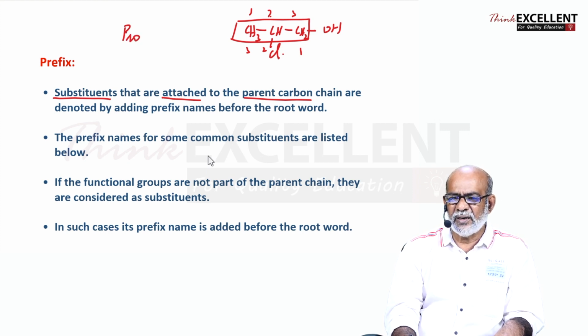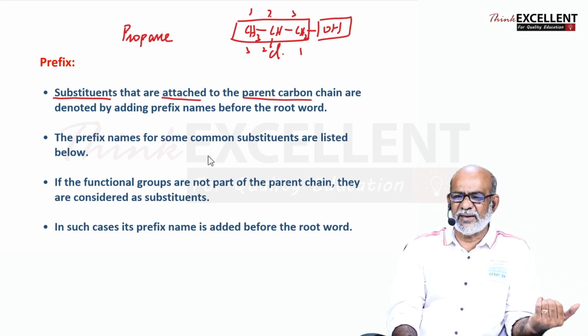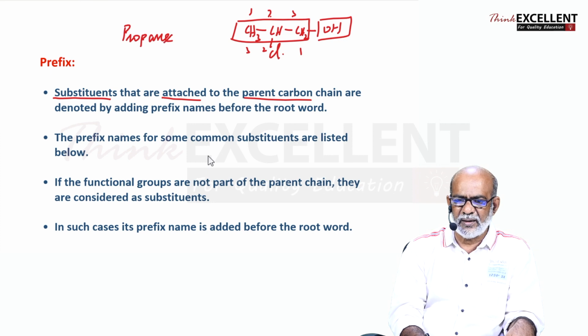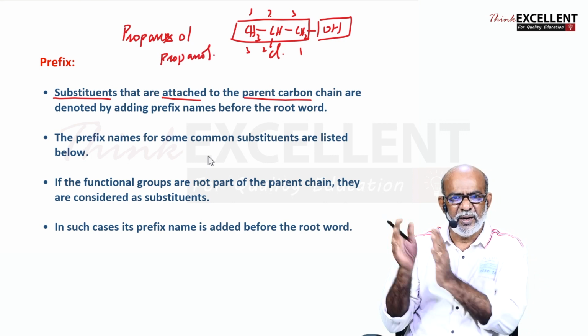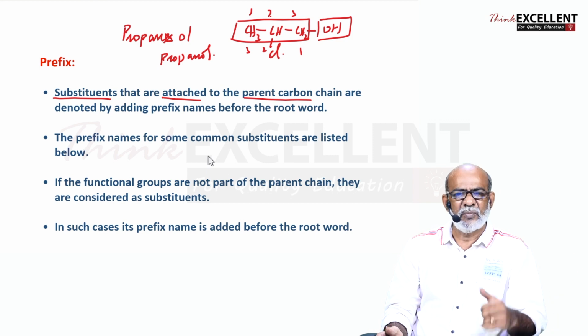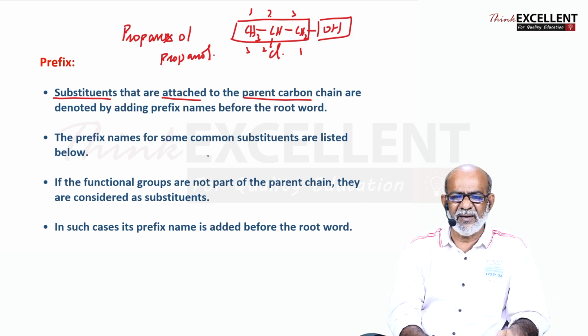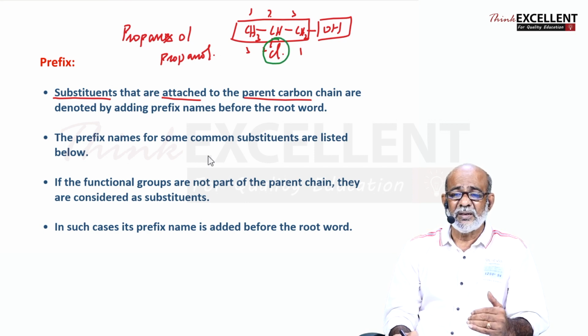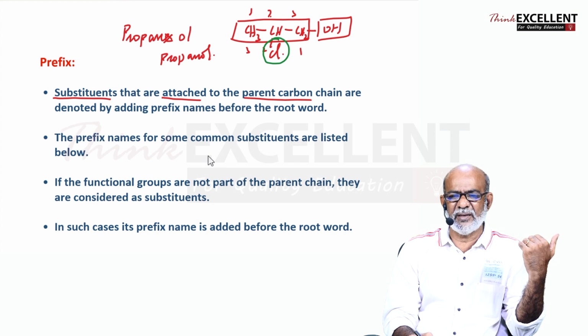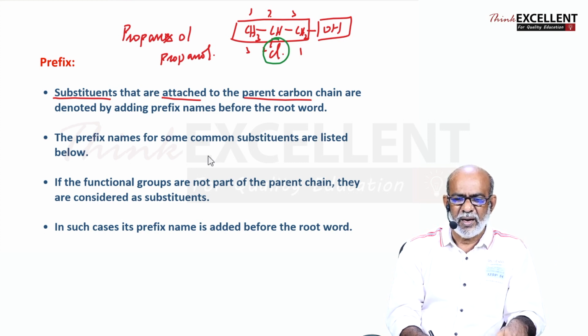Now, here all are single bonds, so propane. First you write the suffix word and finally you come to the prefix word. Here the functional group is alcohol, so you cut the E and add ol, giving propanol. So I wrote the root word, primary suffix and secondary suffix. Now I will come to the prefix. Here the second carbon contains chlorine as a substituent. That is called the prefix, so the prefix is chloro. So I write chloro.